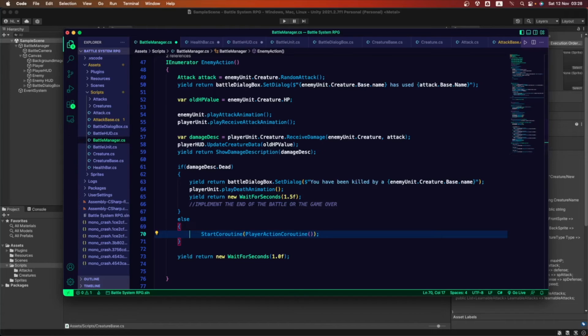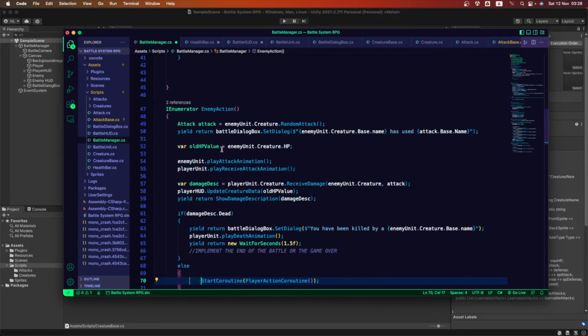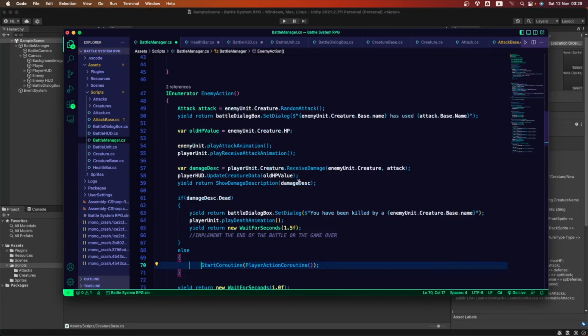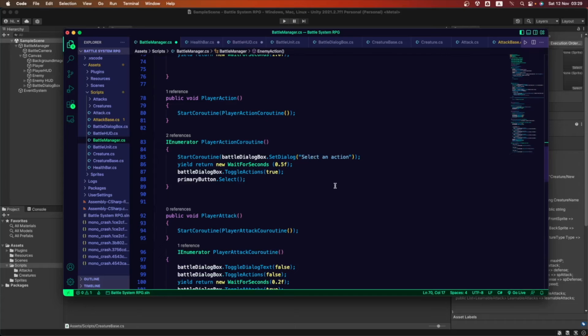So that was what we wanted to add here to the enemy action before going into what the player does, with all the math that we just built for the damage. Now let's go into our player to build what is needed for the player.